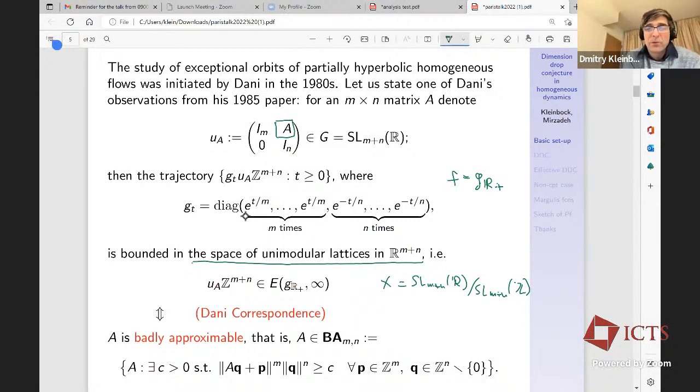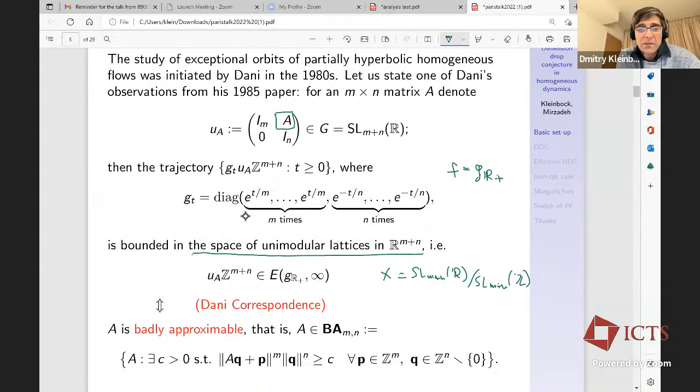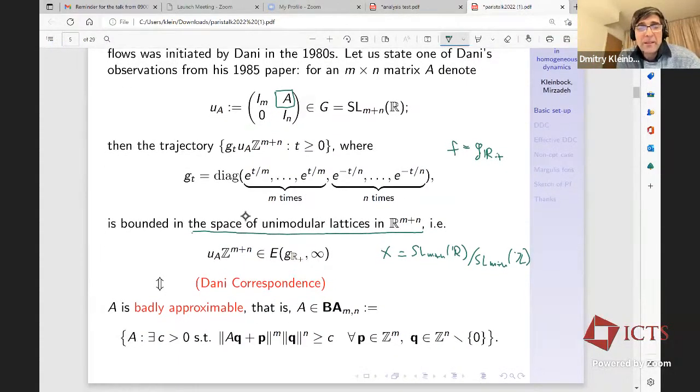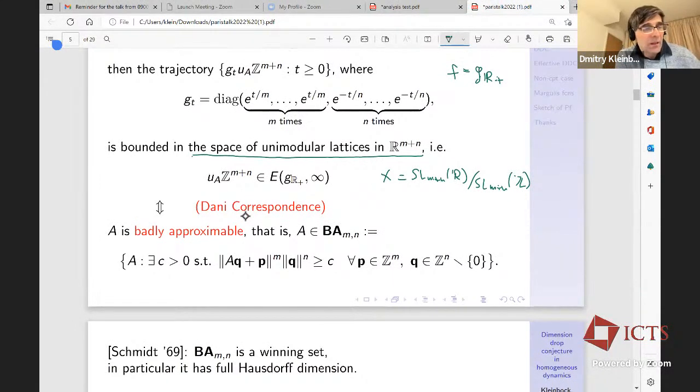is badly approximable. It's not really important what this definition is. What is important is that this was observed by Dani, and it gives rise to what we later called the Dani correspondence in a paper with Margulis. This was the first instance of it, and it was important. So the definition is basically that |Aq + p|, where q is an integer vector and p is an integer vector, is not too small. It is bounded from below by a constant divided by the norm of q to this critical exponent n over m. And it was important because of a result of Schmidt, who proved that the badly approximable matrices